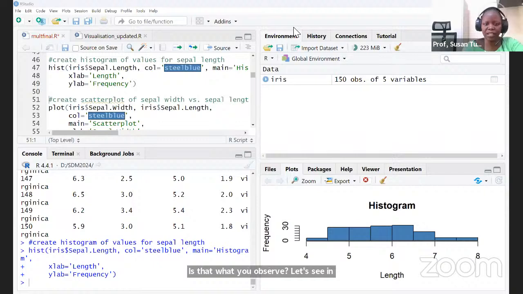Is that what you observe? Let's see in the chat. Oh, you are too fast. Okay, I'm going to reduce. I'm going back to the chat. Do you all have the data set? Say yes. Okay, if you have the data set,